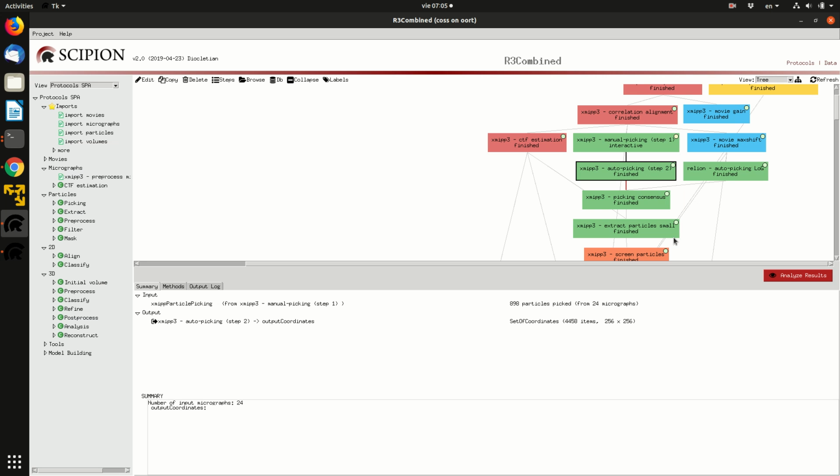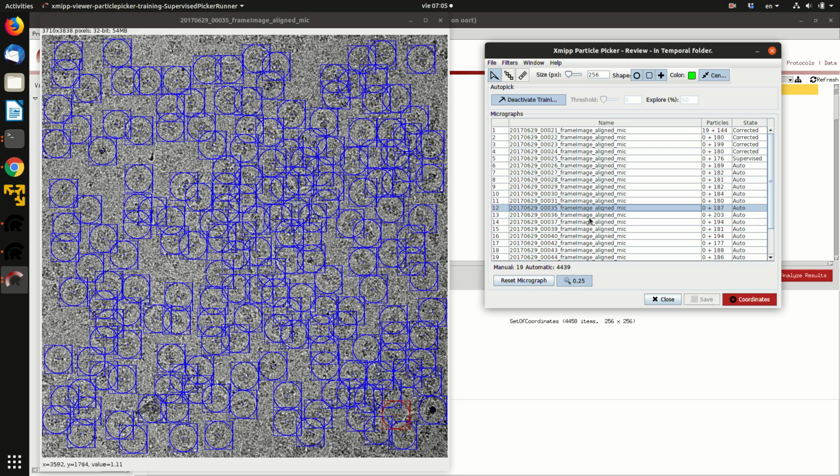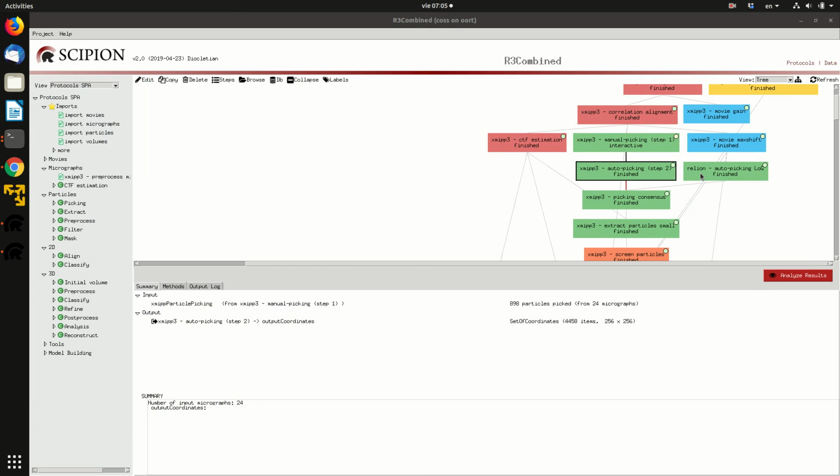In this tutorial we will see a couple of ways of computing consensus between different picking algorithms. So let's say that we have used the XMIPP automatic picking algorithm. These are the results that we have, and we have also used the one of RELION based on Laplacian of Gaussian. This one is based on the size of the particles,